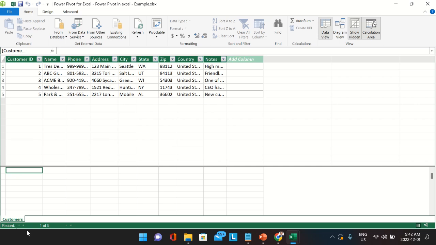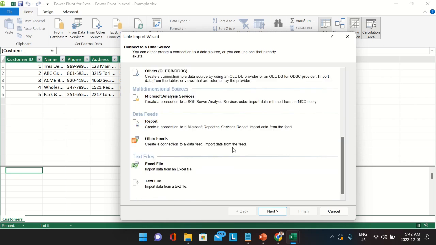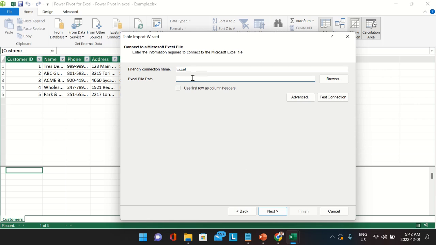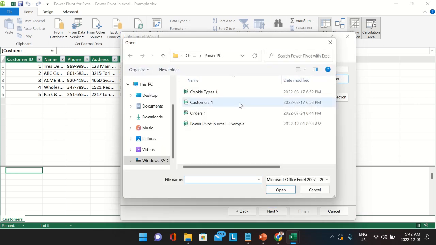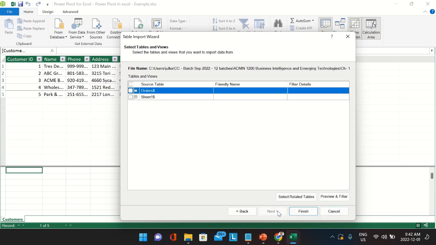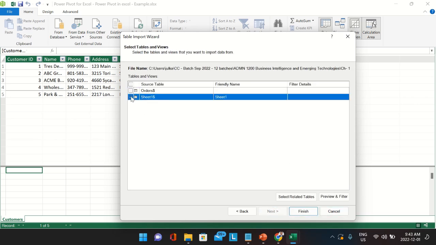We have another two files that we will import exactly the same way. We go to the first, second, and third option from other sources, scroll down a little bit, go to Excel and go to next. Then again, I'm just going to write here the path. The first one was the customer one. Now I'm going to click on the order, then click on open, use first row as column header, and next. So this file we want,